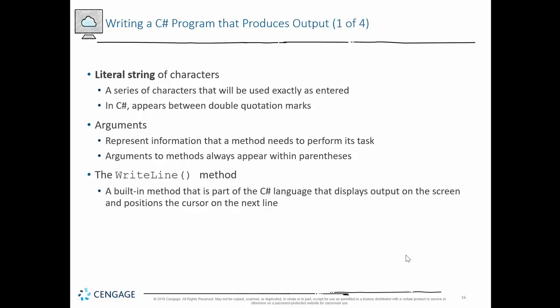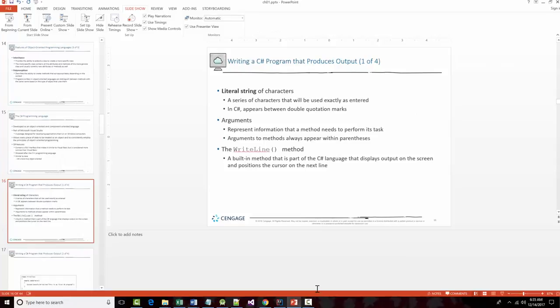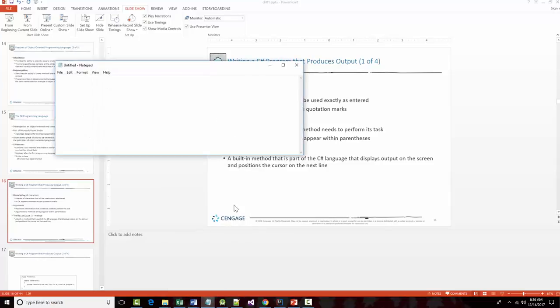When we want to start to write ourselves a C# program that produces output, we'll be using, among other things, literal strings. And a literal string is something that appears inside of double quotes. So we will do things that look more or less like this. We will say something along the lines of, stretch this out a bit,